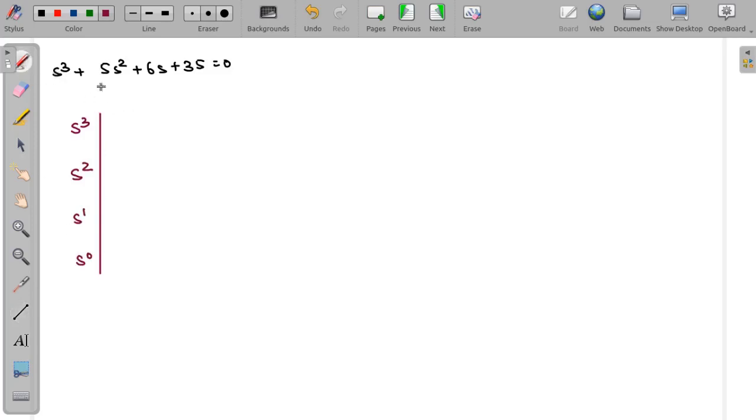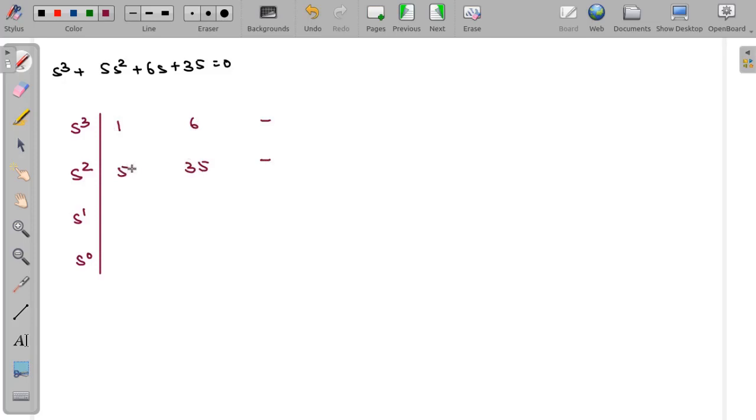So if you fill the table over here, that will be 1, 6 blank, and this will be 5, 35 blank. So over here if we start filling, 6 5s are 30, 30 minus 35, so that will